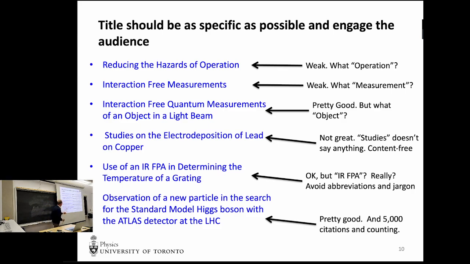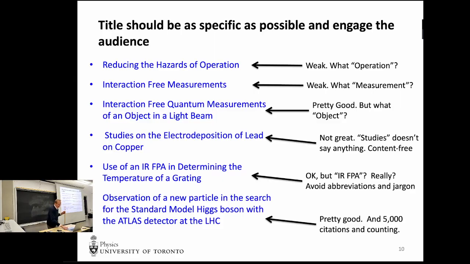And this was the observation of a new particle. It didn't say it was the observation of a Higgs boson, because at that point we didn't have enough evidence to claim that we had observed the Higgs boson. But we could claim that we were looking for it and we found something, right? Okay. And in about a year's time, we were able to say that we had discovered the Higgs boson because it had all the properties of the Higgs boson. So if it quacks like a duck and it waddles like a duck, it's probably a duck.